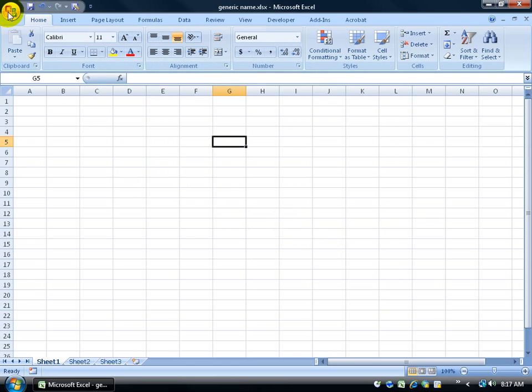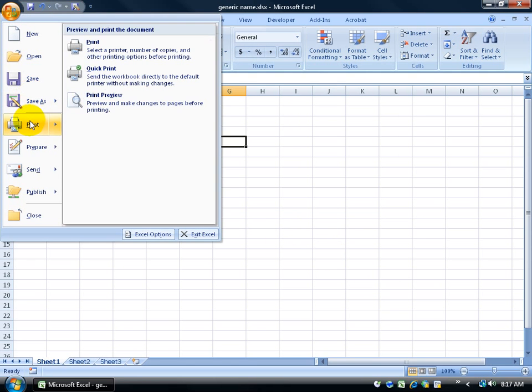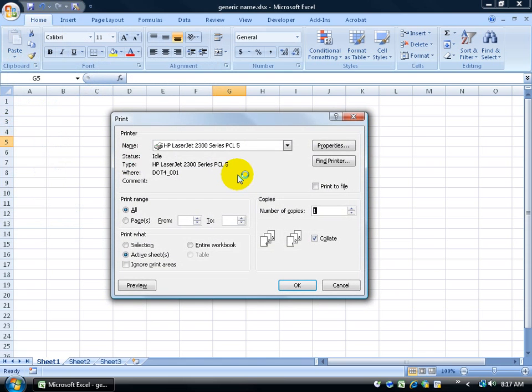So again, when you click on the Office logo button, anytime you have any hover points, it just means there are additional features that it will set up for you, or you can just click right on the button itself like Print. It opens up my print setup so I can make any changes to it and tell it how many pages I want to print and so forth before I actually click OK. I'm going to click Cancel, and that's a great